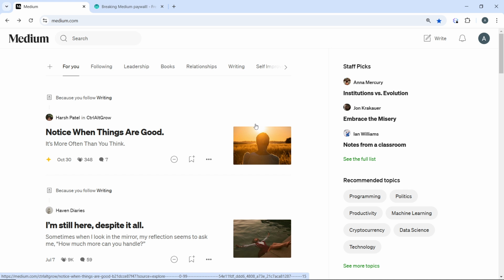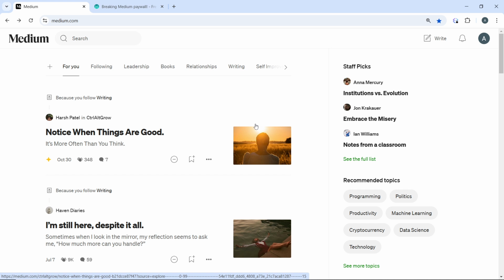Next, you need to optimize your titles and subtitles. Craft catchy titles. Your title is the first thing readers see, so make sure it grabs their attention. It should clearly reflect the value of the article and entice readers to click. Now, use numbers, a list, or bold claims to create curiosity. You can also use subheadings effectively. In your post, use subheadings to break the content into digestible sections. This helps with readability and searchability.